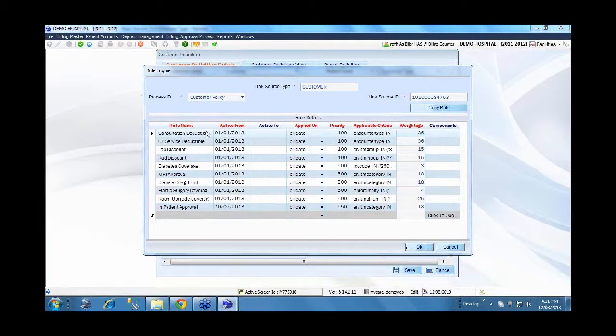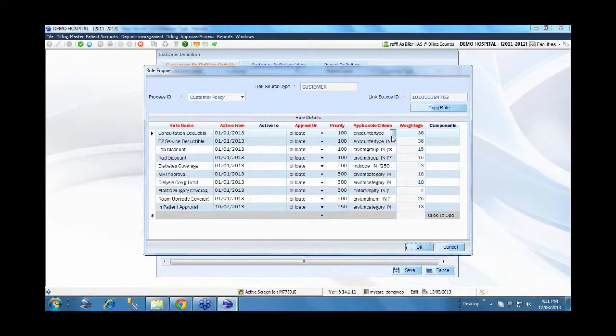The first rule is relating to the consultation deductible. What is this rule talking about? The name is something we give, just for our own identification to know what the rule talks about, so it's free text. Once the rule name is there, I will go directly to the applicable criteria. So we define the criteria for that rule.